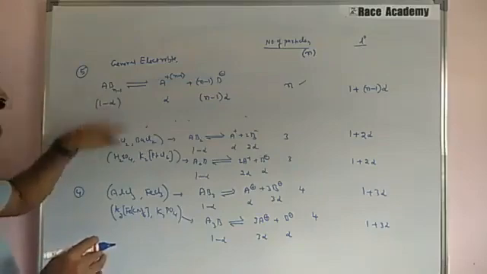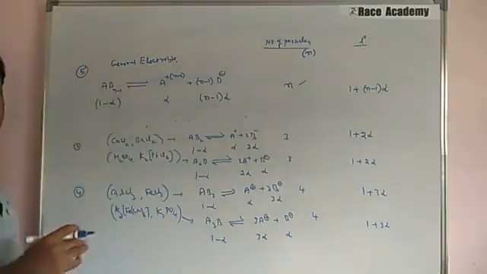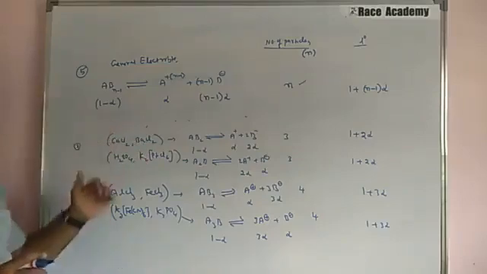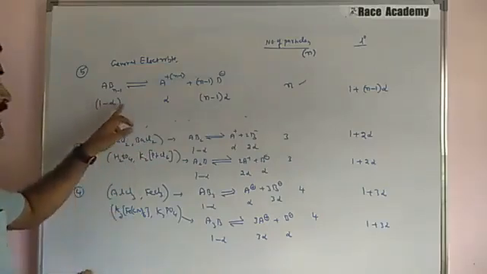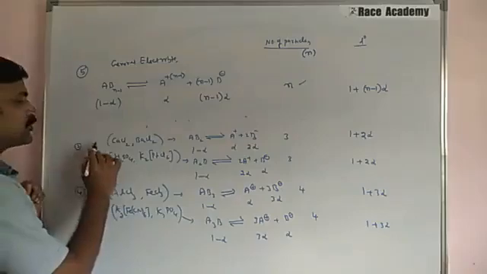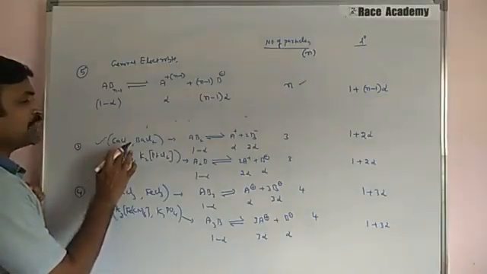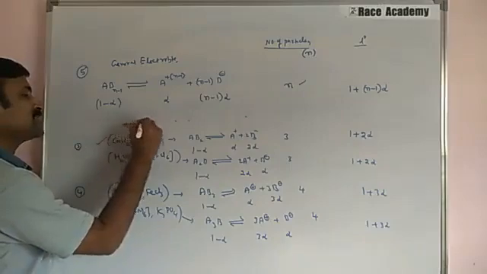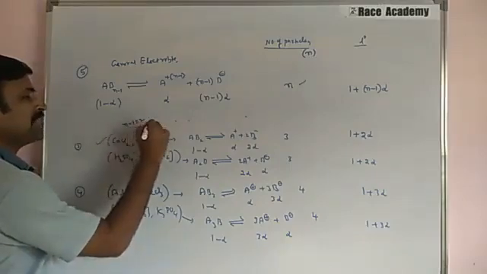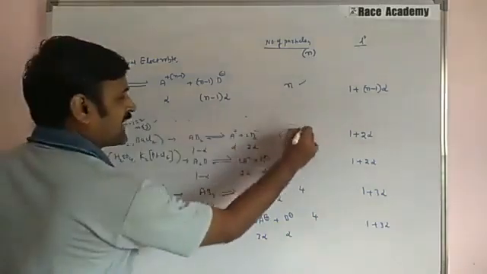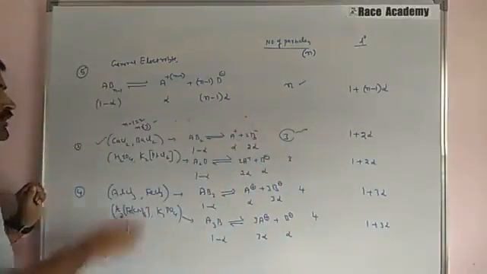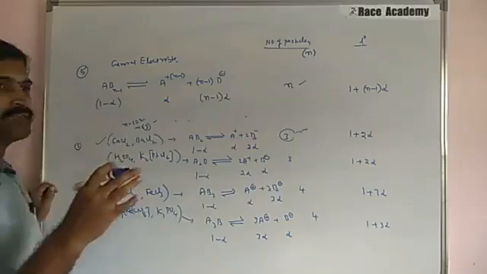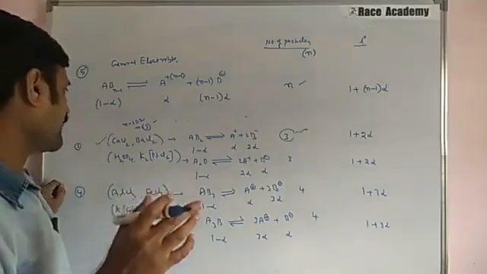So you can apply it for any kind of salt, whether it is a binary electrolyte or ternary electrolyte or quaternary electrolyte, you can use this general formula. For example, you take calcium chloride, in this 2 value is equal to N minus 1, which is 2. So what is N? N is equal to 3. Simply got the value 3 now. So it is a shortcut formula for identifying the number of particles, and that will change the colligative property values.